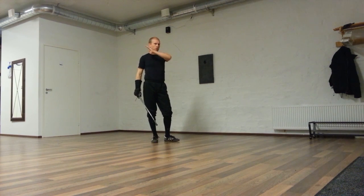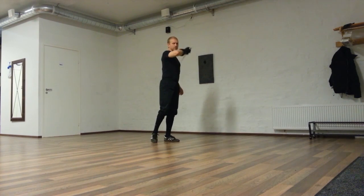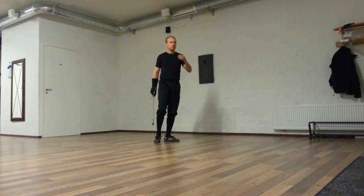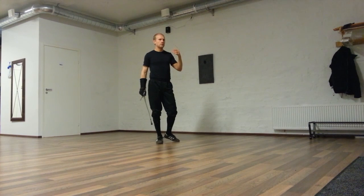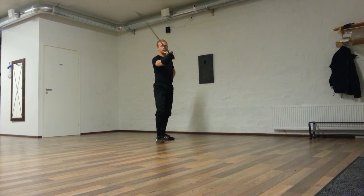Now, as you probably know, all the cuts in Italian systems coming from the right side are called mandritti, and the cuts coming from the left side are called roversi. When we execute tramazzoni, they are usually done as mandritti. So they are cuts that come from the right side and end on the left side. When executing the molinetti, we usually do a roverso, so the cut starts from the left side and ends on